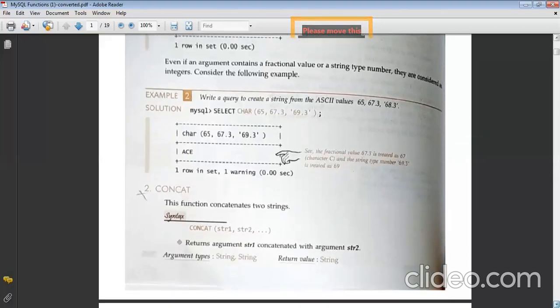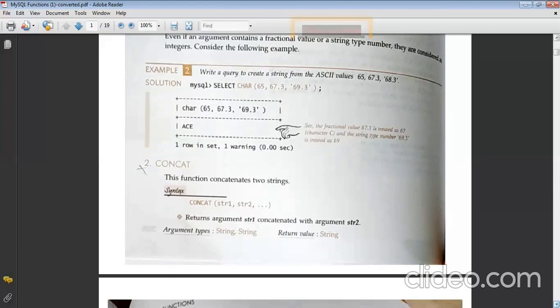Okay, so coming on to the second method, which is also not in your syllabus. The cross which I have put says that it is not a part of the syllabus, but there is no harm in reading these small things. So coming on to the second function, which is concat. Anyone who can tell me what it means? This is a simple English word, joining, merging two strings. Yes. So if you want to merge two values, two strings actually, then you can use the concat function.